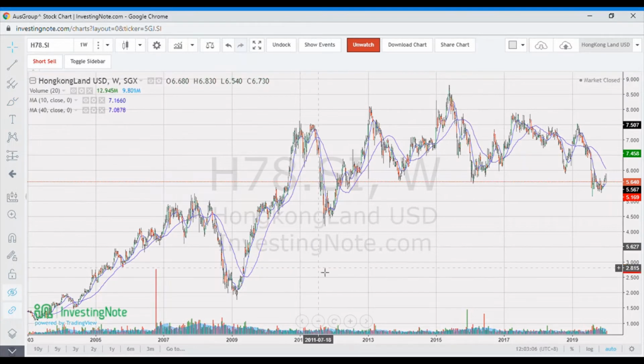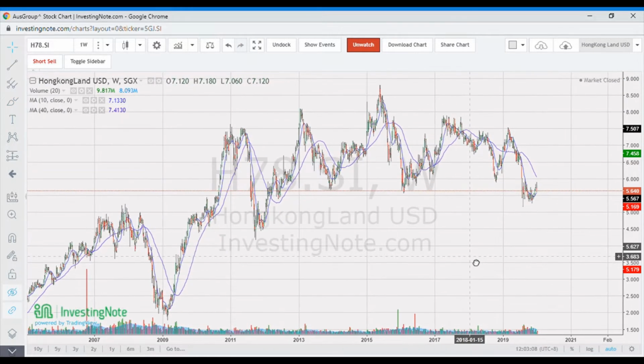So this is a chart for Hong Kong Land USD. Why am I finding this interesting? Although it is not an uptrend kind of counter, and not a downtrend kind of counter. Okay, it's obviously a downtrend. I do long only. What I'm actually interested in this counter is that it is